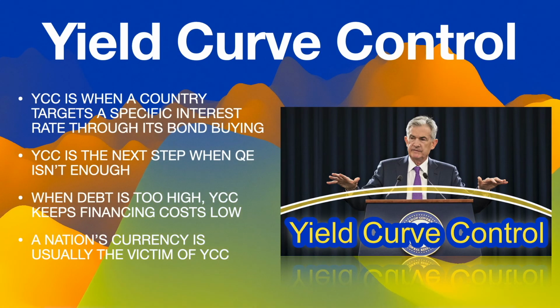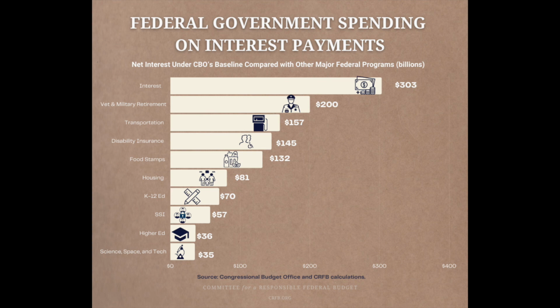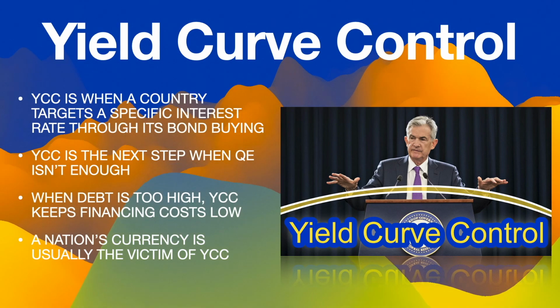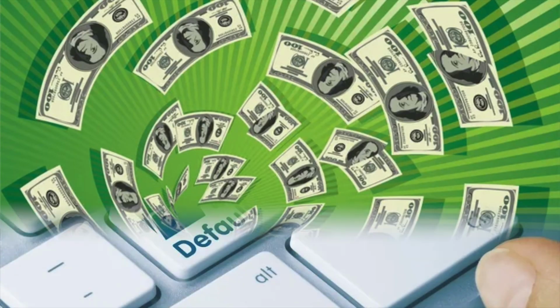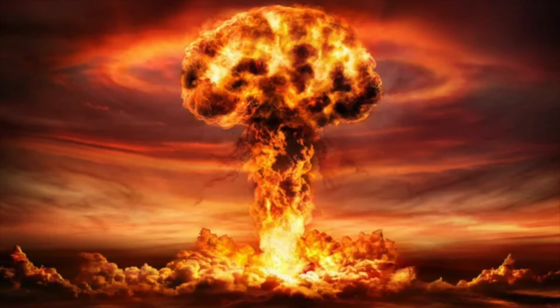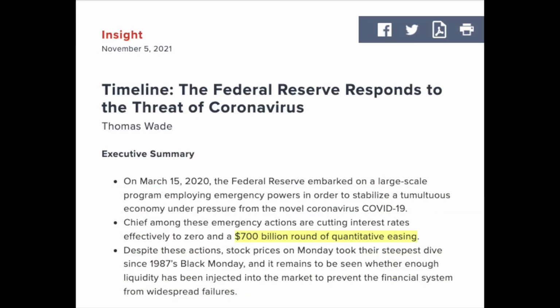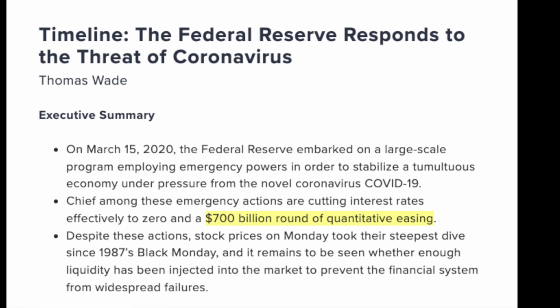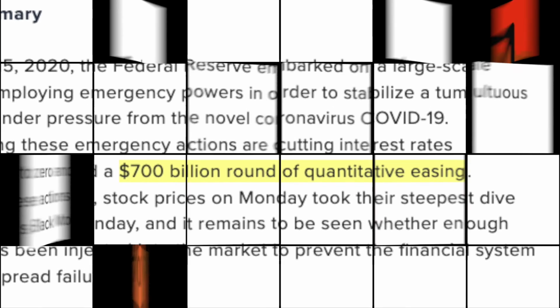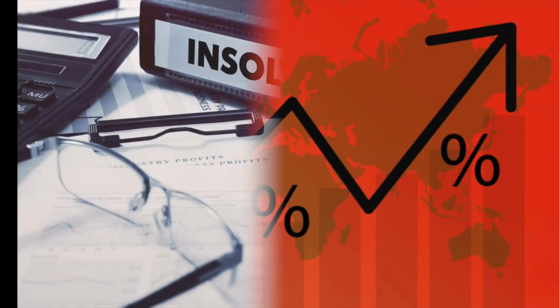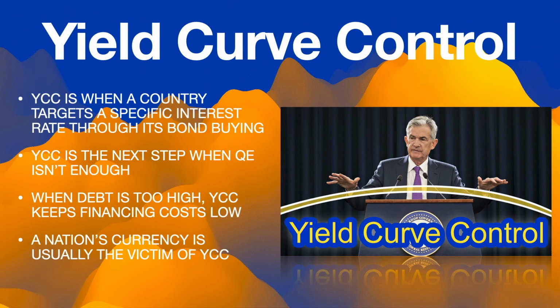Paying 5% interest on a few billion is no big deal for most countries, but paying 5% interest on trillions can consume all or even more than all of that country's tax receipts, which is essentially the country's income. So avoiding high interest rates is sometimes necessary to avoid a debt spiral or sovereign default. Now, if QE, which usually consists of a predetermined amount of money a country is willing to spend buying its own debt, isn't enough to hold rates down, and higher rates are a serious threat to that country's financial stability and solvency, yield curve control is the next batter up.